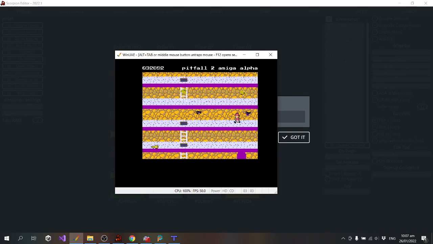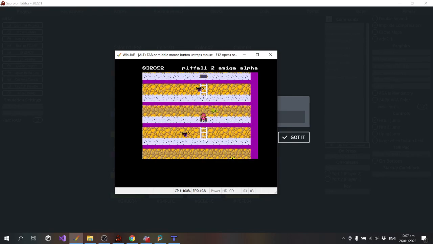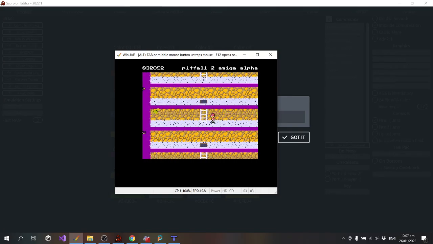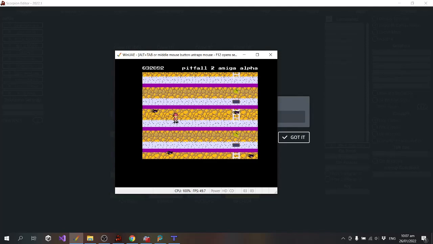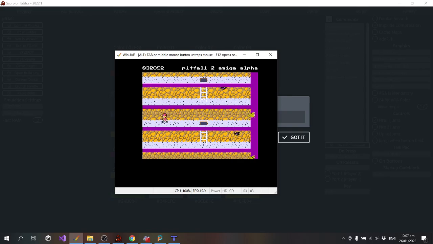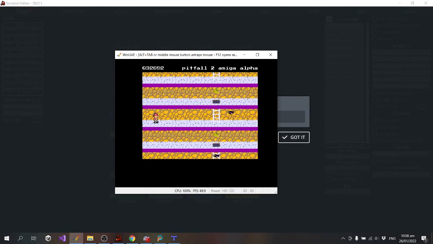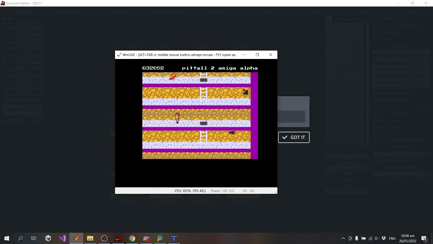Yeah. I probably should add some options for changing how fast the camera can move, because on this it does snap quite noticeably, but the camera never really needs to move that fast because the player never moves that fast. So maybe that should be a feature I add for the next version of Scorpion, to control how fast the camera can move so it doesn't snap quite so aggressively.